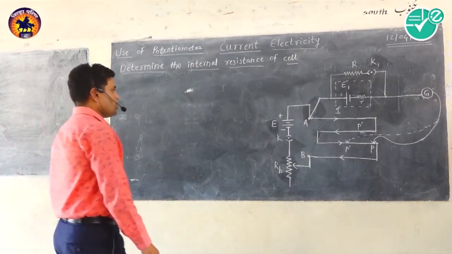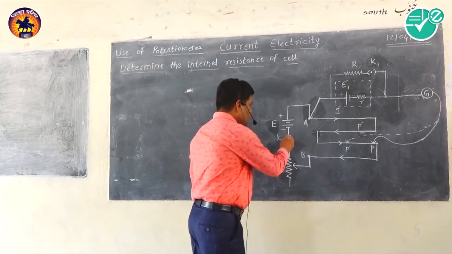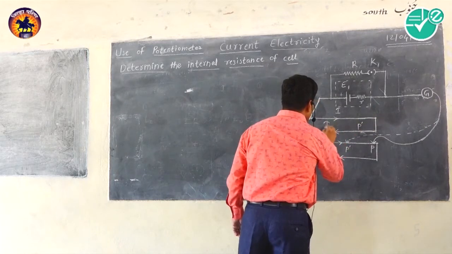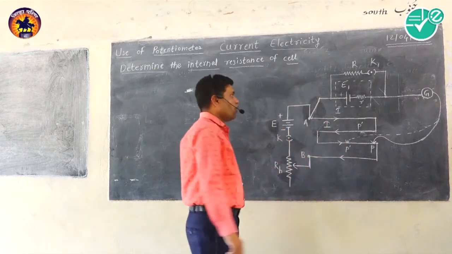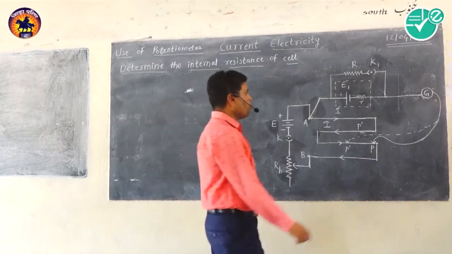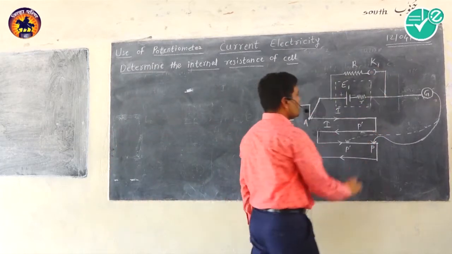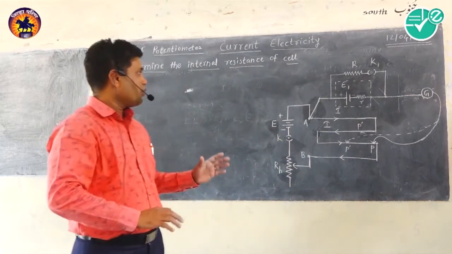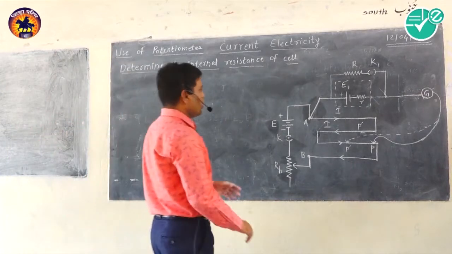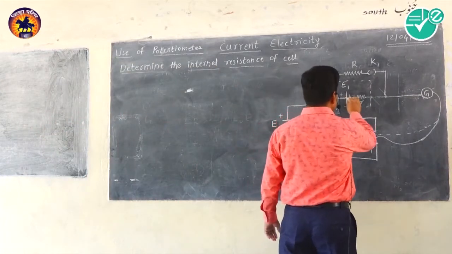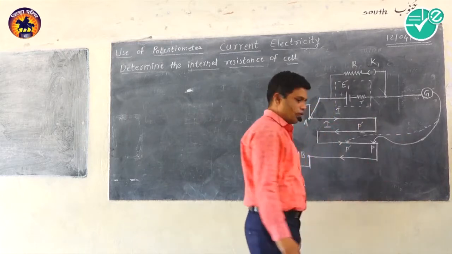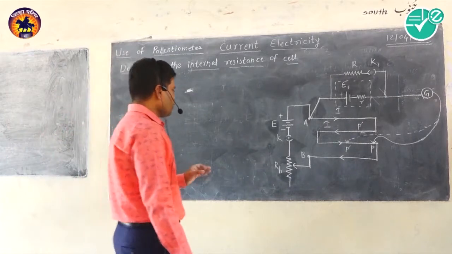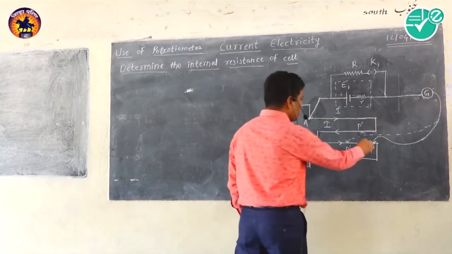Now as you close the key K, the driving cell sends a current I through the potentiometer wire AB. First of all, we have to open this key K1. For the first arrangement, you do not close the key K1. You have to keep it open. Because of that, only the cell E1 will be in the circuit. Now for this arrangement, you have to do one step here. As you close the key K, you have to